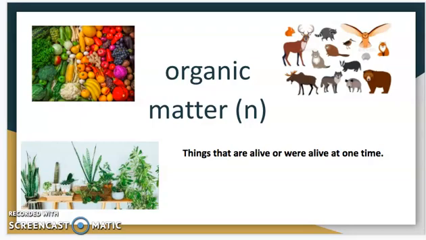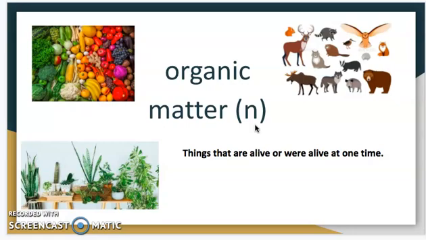Organic matter. Notice the N in parentheses here. That means this word is a noun. Organic matter is a noun. A noun is a person, a place, or a thing. So the definition, or what the word means: organic matter, those are things that are alive or things that were